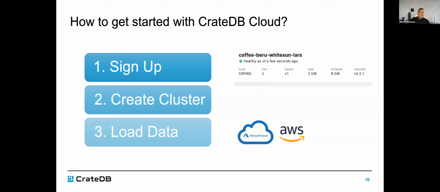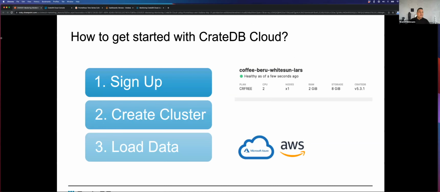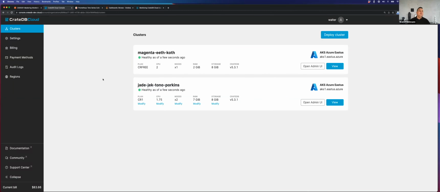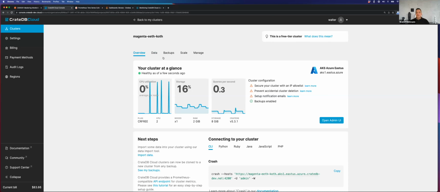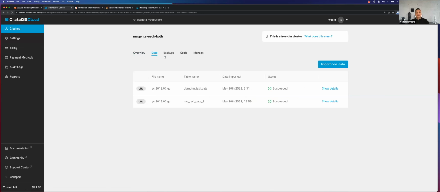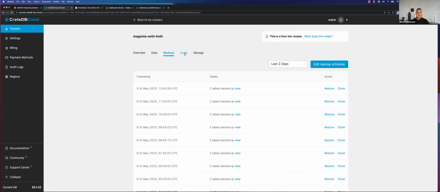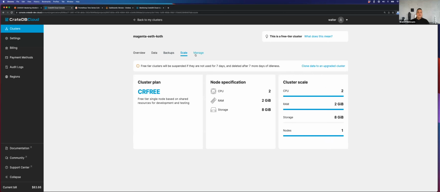We're going to start with a short overview of the CrateDB Cloud Console. It's super easy to sign up there, and I'm going to show you where that is here. So I prepared that up here already. So this is the CrateDB Cloud Console, showing you the clusters that I already have prepared for you. Just let me click on this one. It's going to give me a short overview of what I'm running here, the data that I imported here, my backups, if there are any, and I can scale a cluster